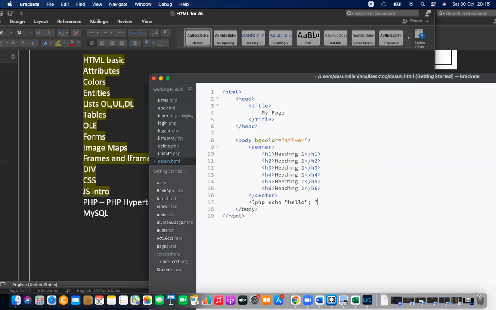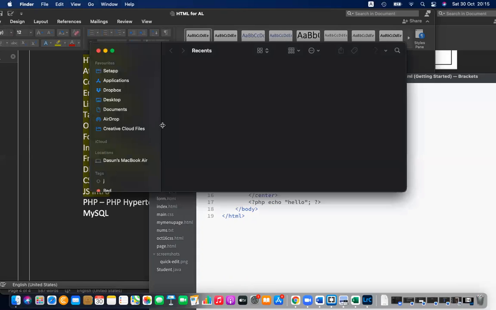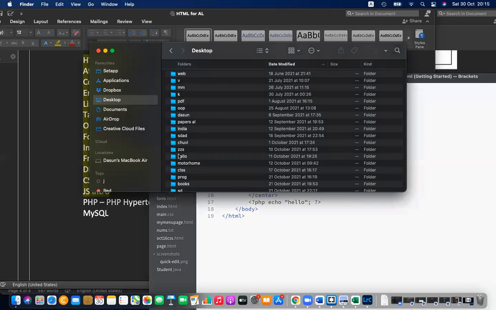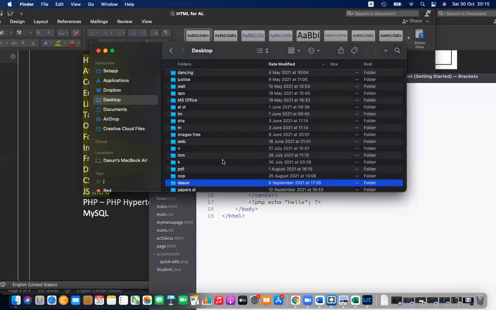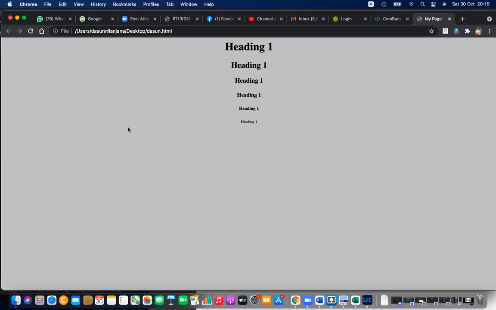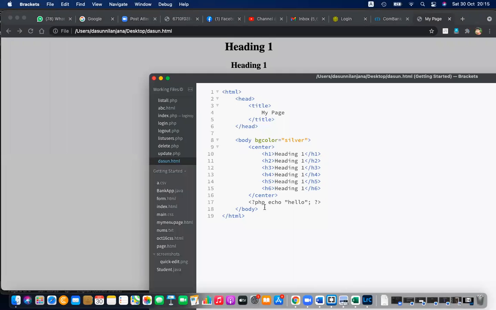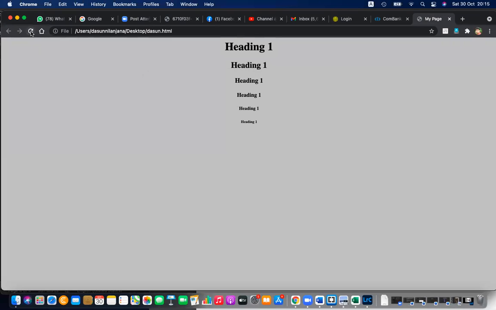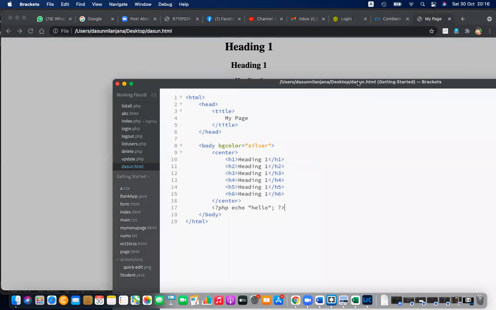After doing that, I'm saving this page as HTML. Then what will happen if I go and open this? Let's open a new Finder window, go to the desktop, and open dasun.html. When you open this, you can see PHP is not visible here. No PHP code is there. Even though I wrote PHP echo hello, nothing is there, because it is not running in the client. That is one reason. And the second reason is